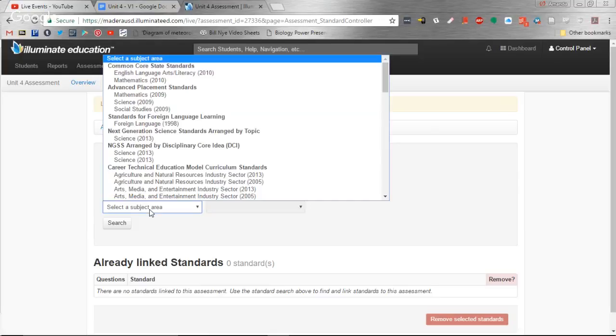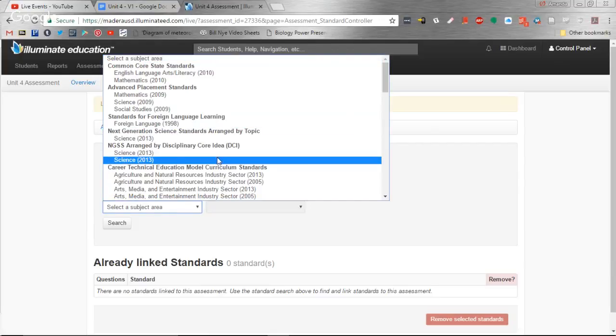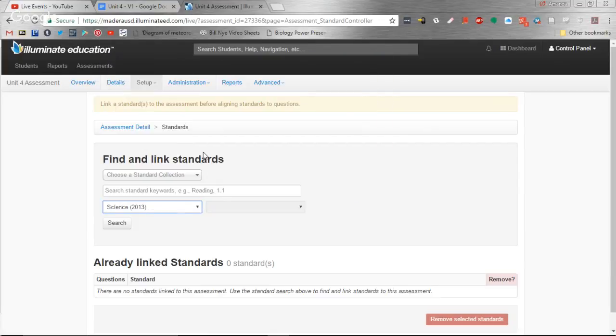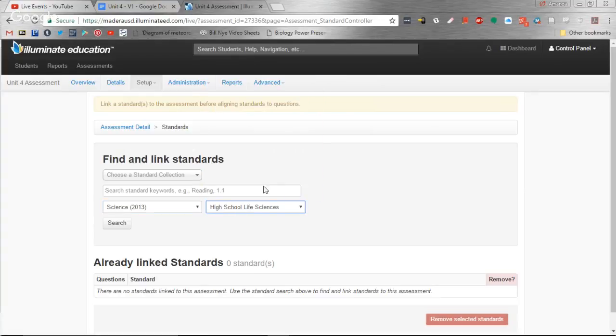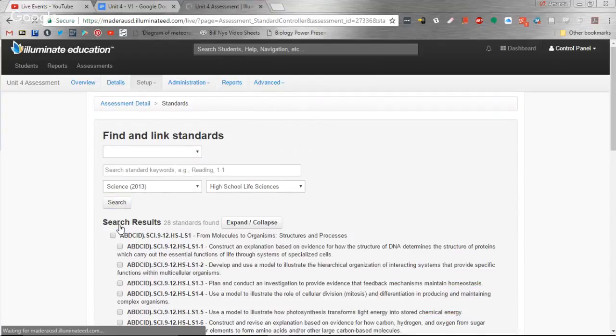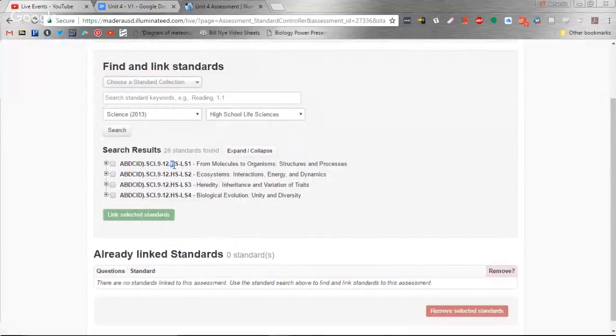We're going to select a subject area. I always go with the top one. I don't know if there's a difference. Our grade level is High School Life Science. So we search for our standards. And here we have HSLS1, HSLS2. So our standards for Unit 4 are in